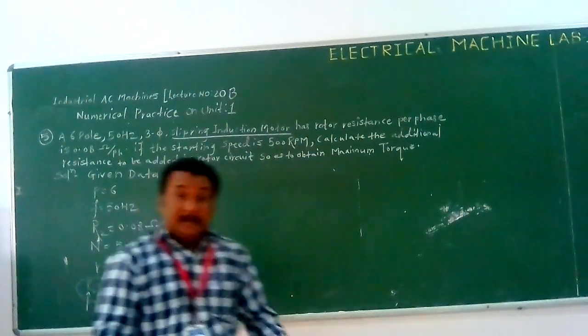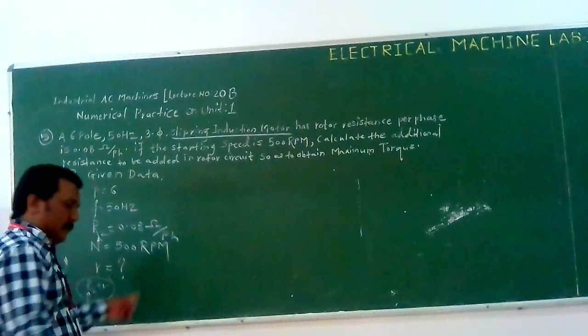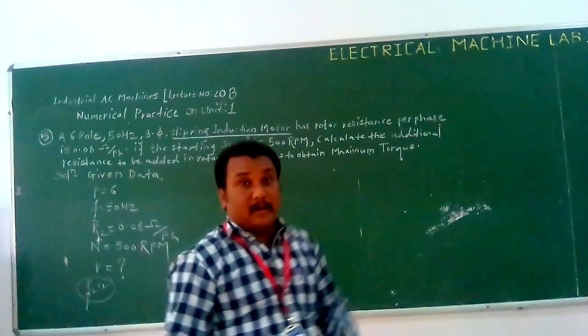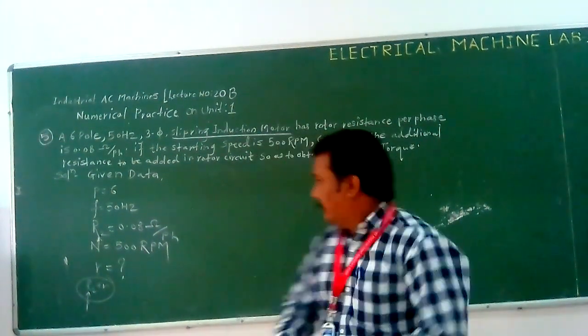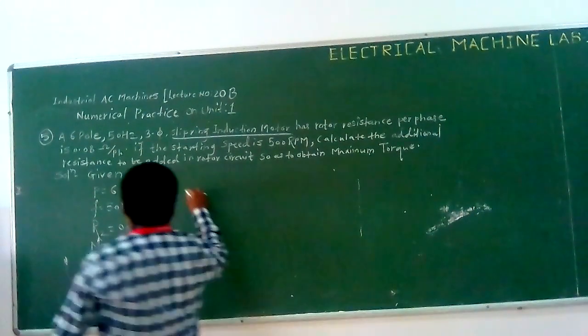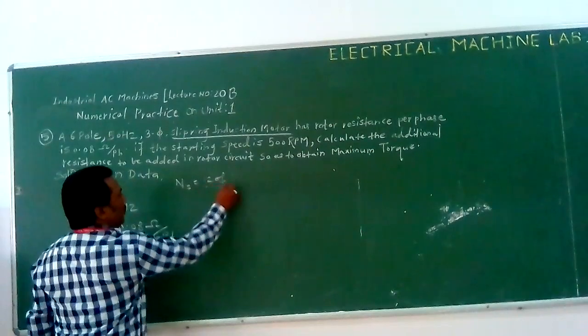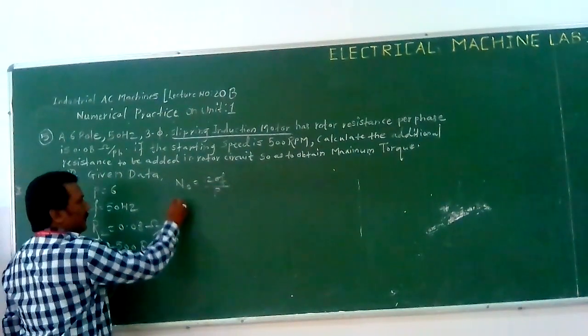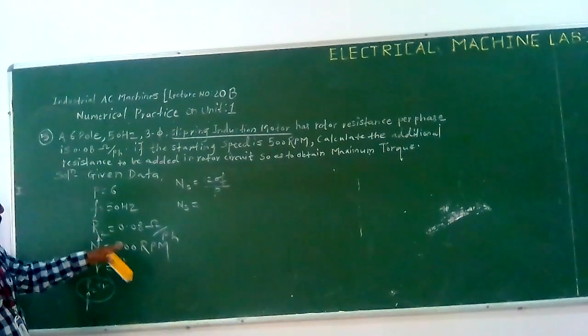Here the given data is written. Now for the given data, first of all we calculate the synchronous speed. We know the synchronous speed formula Ns is equal to 120 F upon P. Here from the given data, frequency is 50 Hz, number of machine poles